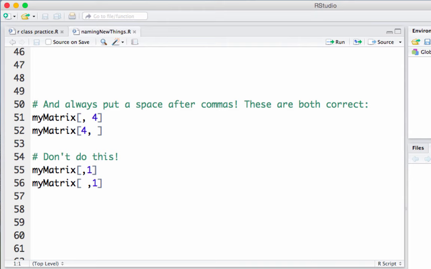And lastly, you always want to put a space after you write a comma. So both of those first two examples are correct. This is subsetting a matrix where we're naming a row and a column. Those first two examples are correct, and you'll see my matrix code later on. The first two are the ways that you should write it, and the second two are going to work for you, but they're not preferable. I'm often guilty of incorrectly spacing in this situation, so don't crucify me if I do it later on in the videos, but you should always try to put a space after your commas. Again, it will make your code much more readable and understandable.